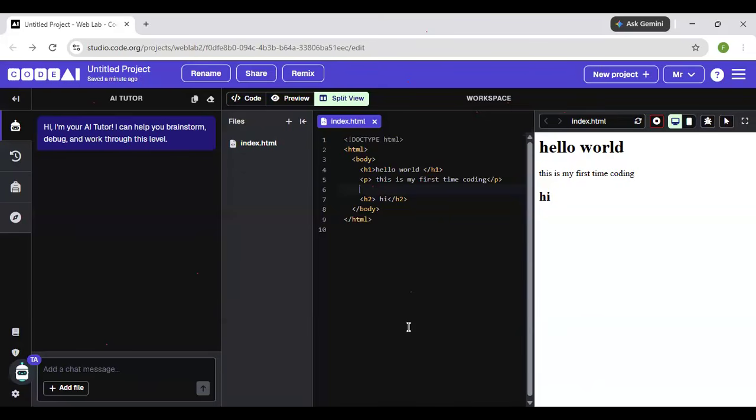Okay, now let's go to lists. Lists are very easy, but there's a lot to uncover. The element for a list item is LI, as you can see there. There are two types of list: an ordered list and an unordered list.